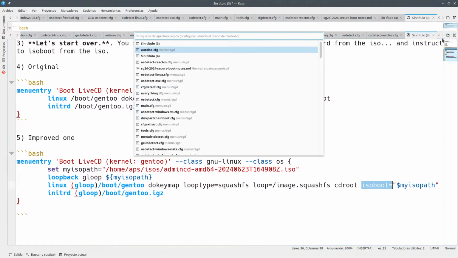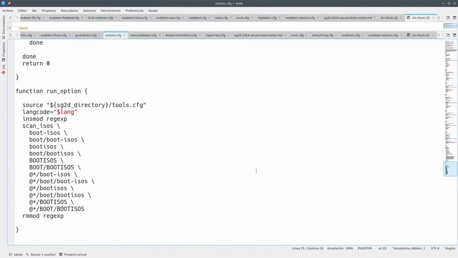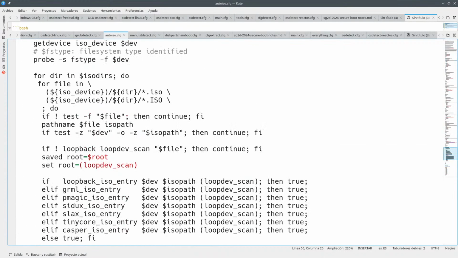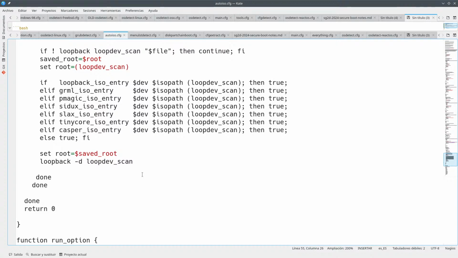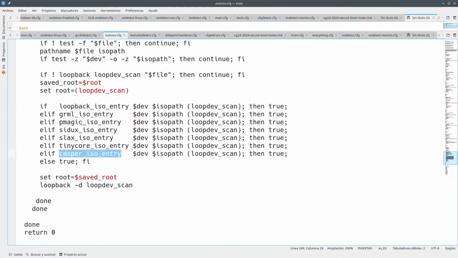In any case, let's take a look at auto ISO to see what's supported here, just in case we are doing something wrong. Here you have the default loopback.cfg, and there are some entries here like grml, partition magic, slax. There is no Gentoo, okay? So there's no way to boot Gentoo because it's not here.